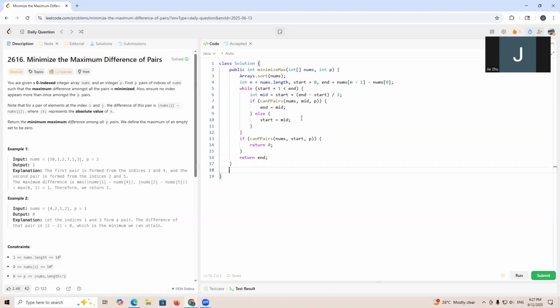So we write the helper function, boolean, can find p pairs. So we'll have int nums, int target, right, in this limit, and then also int p. So what we do is that we have a count equals 0, right? i equals 0, and let's have n equals nums.length, right? So we are going to